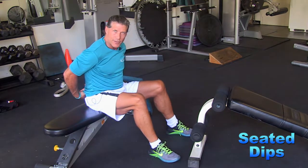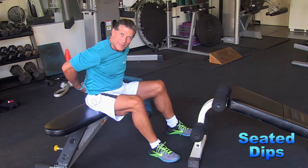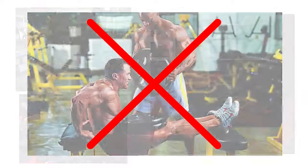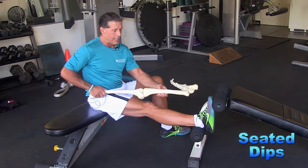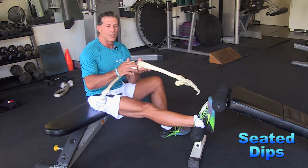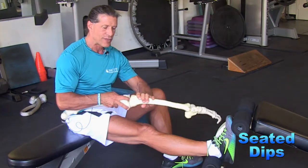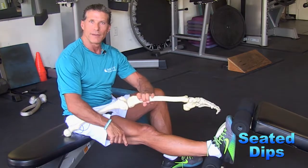One thing you don't want to do, and I have to admit I did this when I was a bodybuilder because I saw somebody big doing it, is set a weight on top of your legs. Let me show you why. So this is my right femur, my right tibia. Remember, between these two bones there's an anterior and a posterior cruciate ligament. The anterior cruciate ligament, the ACL, prevents anterior translation of this bone going upward, or this bone going downward,